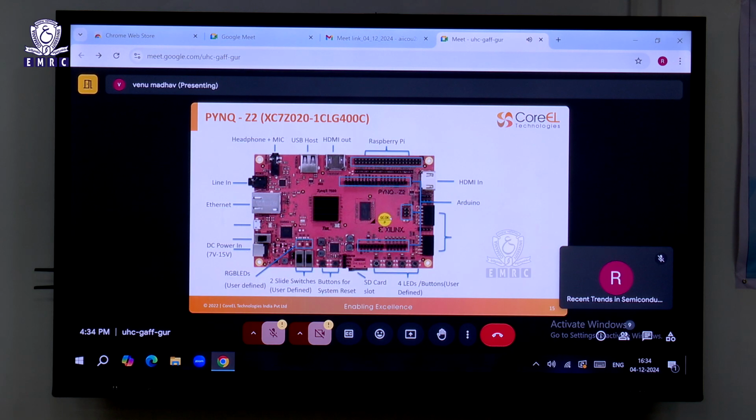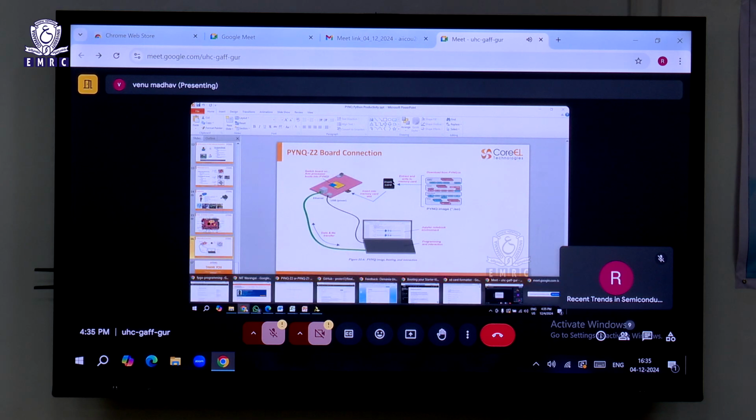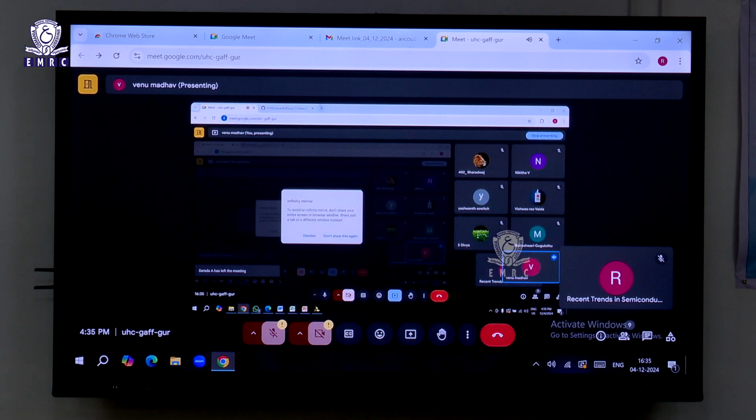One thing we need to understand is how we are running this on the PYNQ board. We are using the JTAG cable only for power, and the data is getting transferred through the Ethernet cable. There is an image already burnt on the SD card. Where do we find that particular image? You can search for pynq.io. There is a website called